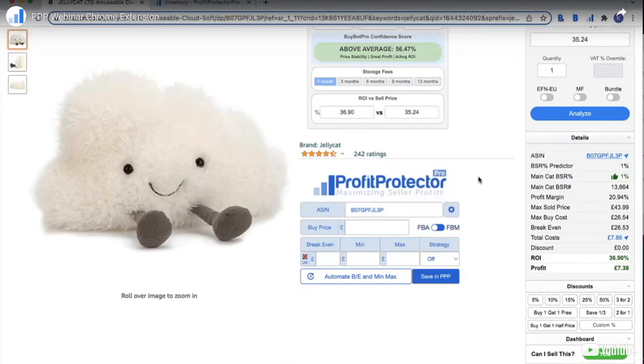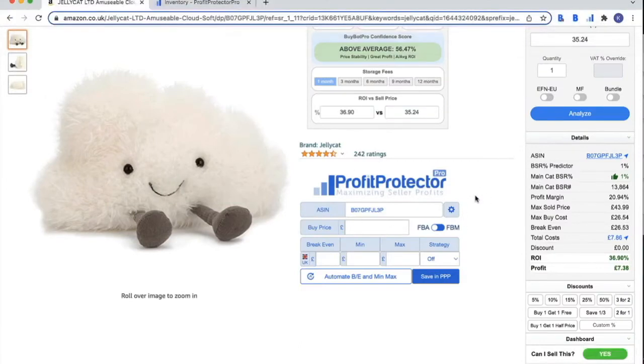In this video, I want to talk to you about the Profit Protector Pro Chrome extension, which makes on-page repricing super easy. Basically it means you can start your repricing at the point of purchase. It's already in your inventory in Profit Protector Pro, ready to go as soon as the product hits. So, first of all, you need to download the Profit Protector Pro Chrome extension from the Chrome store, super easy.